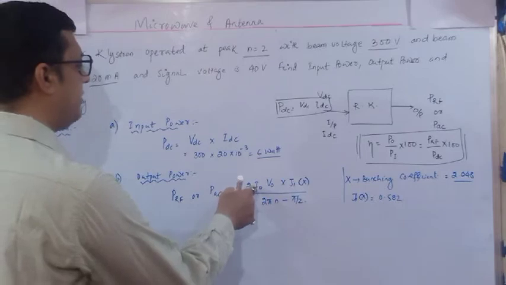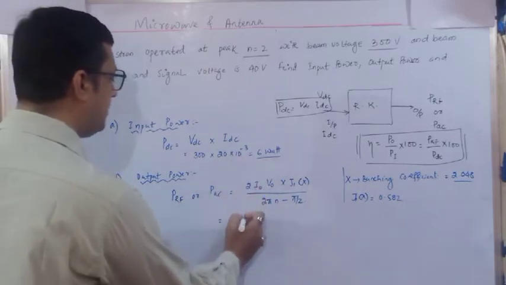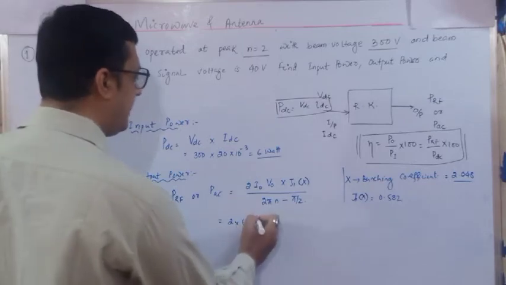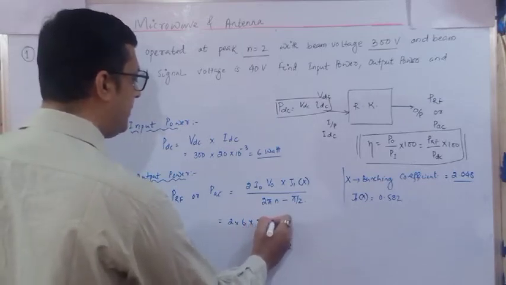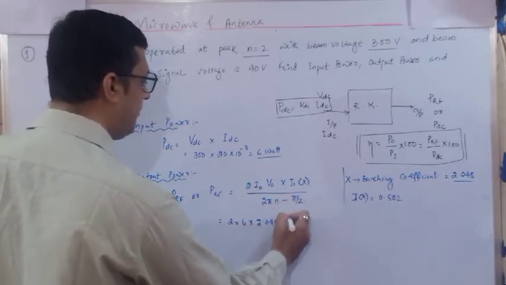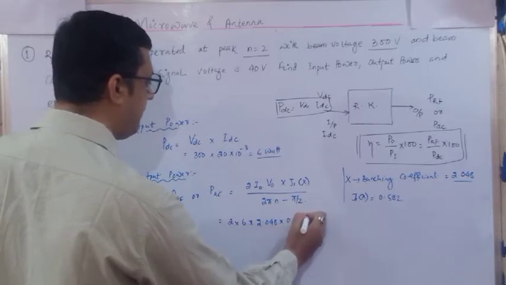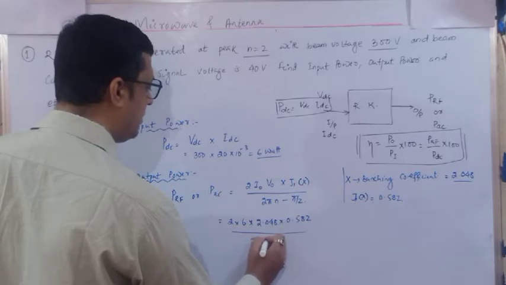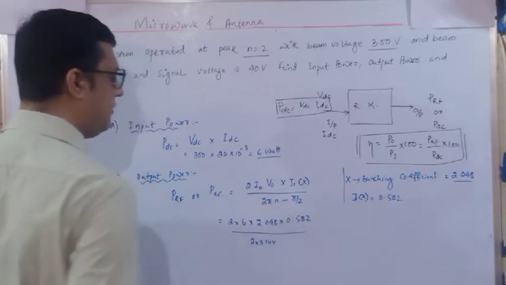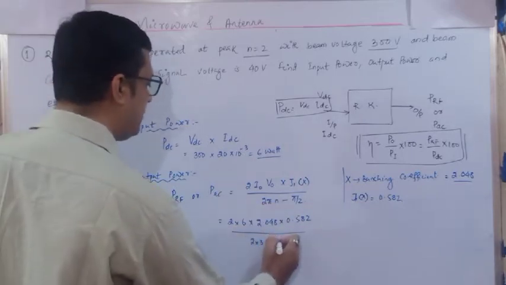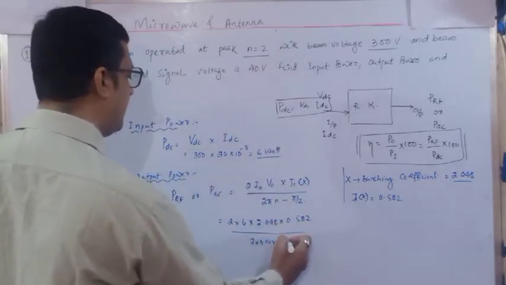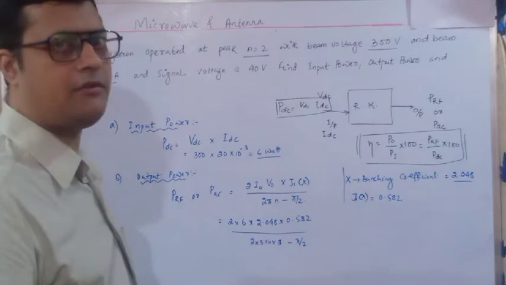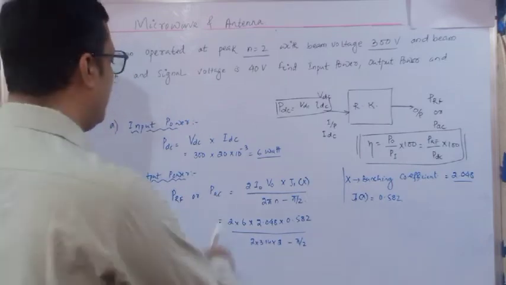So if I multiply I naught into V naught, the same 6 watt I am going to ask, or I have to use. Then x value is 2.048. J1 of x is 0.582 divided by 2 into 3.14, because pi value is 3.14, n value is 2 as it is given, and minus pi by 2. So this pi value also 3.14 you can substitute and solve it.